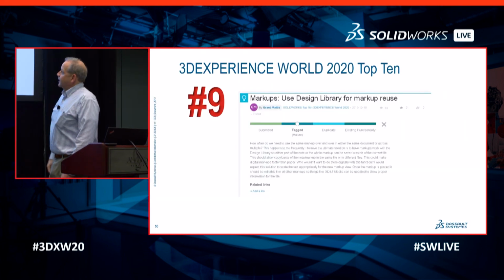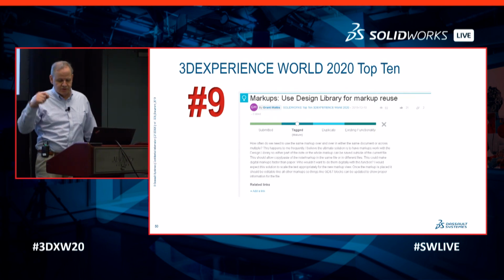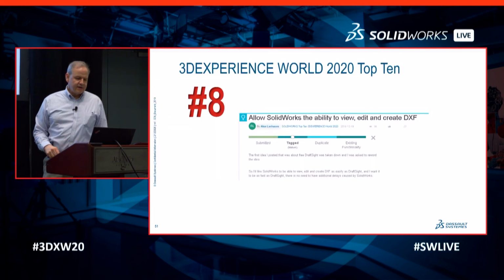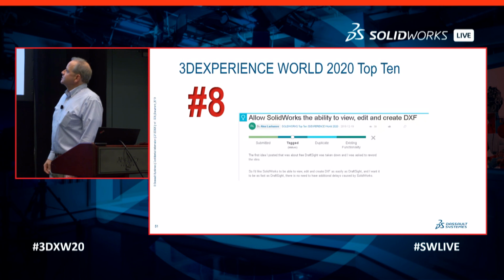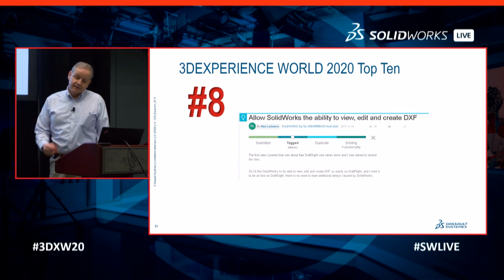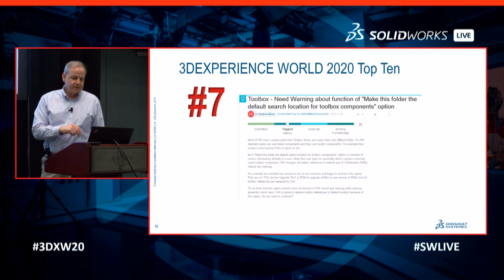Number 9, again, another markup. Use design library for markup reuse. So you can just, I guess, drag them out from design library. Cool idea. 8, allow SolidWorks the ability to view, edit, and create DXF. Number 7,